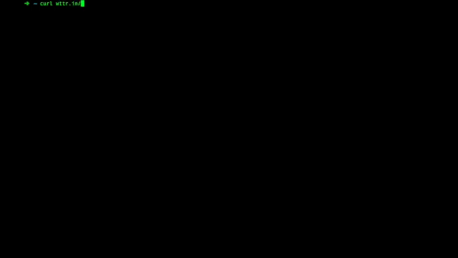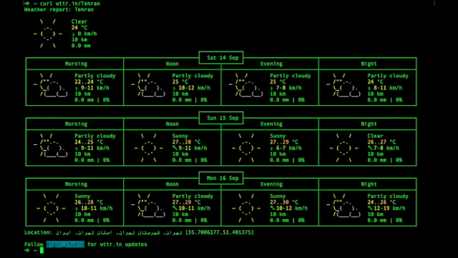wttr.in slash the name of the city that you want to check the weather for, with the first letter capital. And here it is. This is so cool. So this uses the internet. You definitely need an internet connection because it gets this web page,